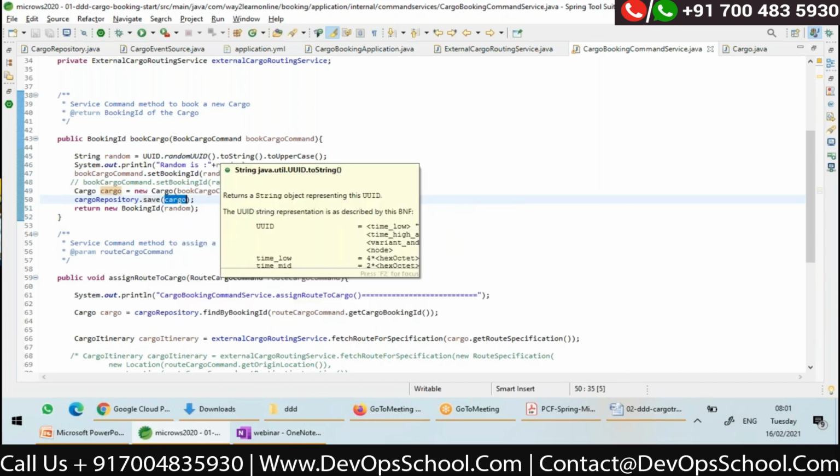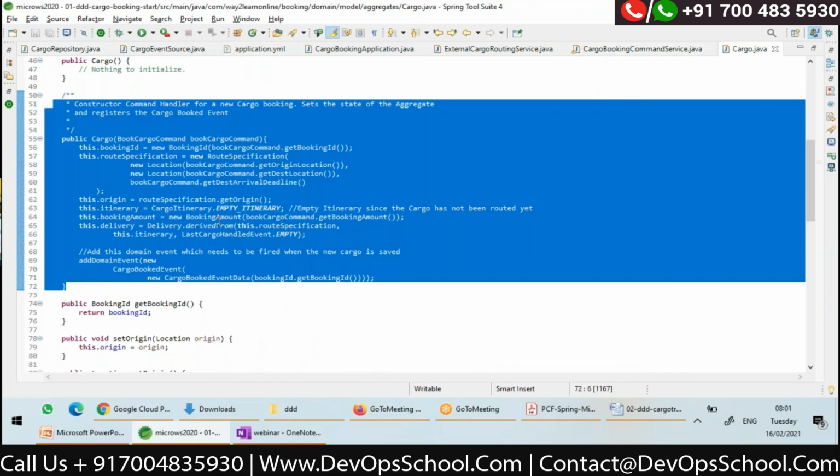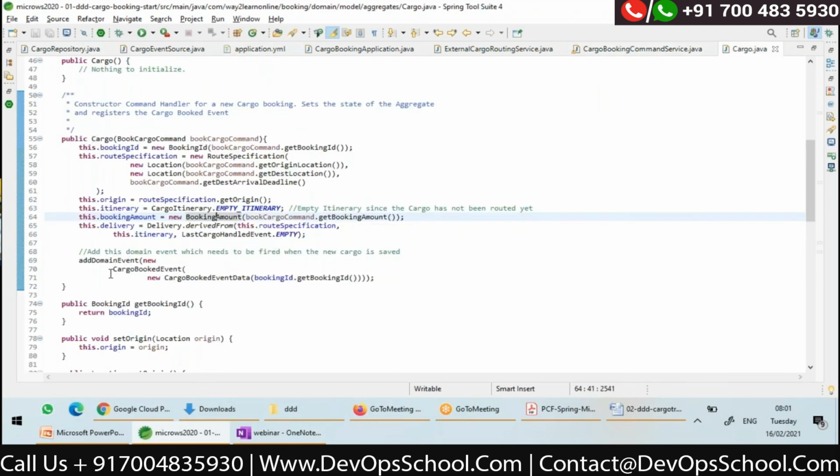Once a cargo is saved, let's say the transaction is completed successfully. Once the cargo is saved, what will happen? If you see here my cargo class, here I have registered an event, right? Cargo booked event.